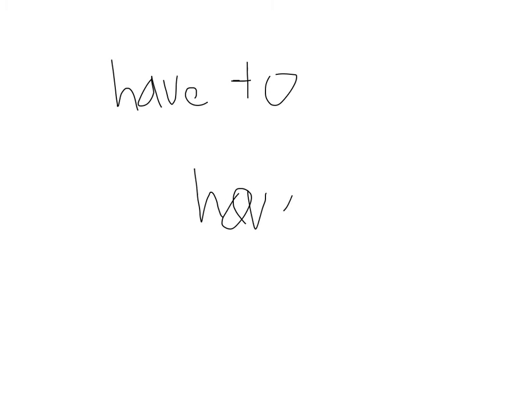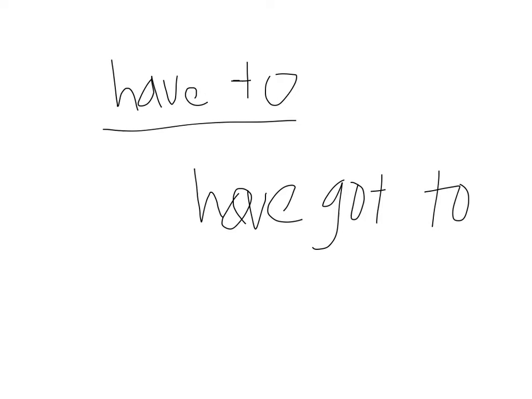Okay, differences with have to and have got to. Both of these are used for obligation. Have got to seems to be used more, it seems, in British English. What happens with have to is it sounds almost like a hafta. You don't want to write this, but this is what you hear people say. I have to go, I have to do it. It's obligation. We use this much more than must.